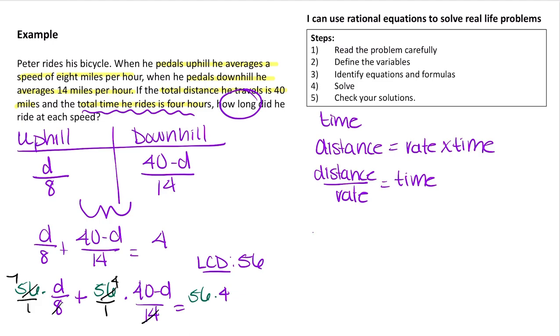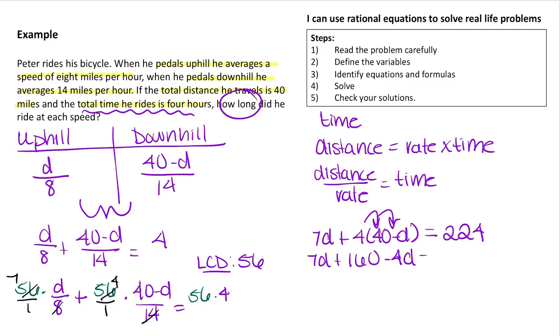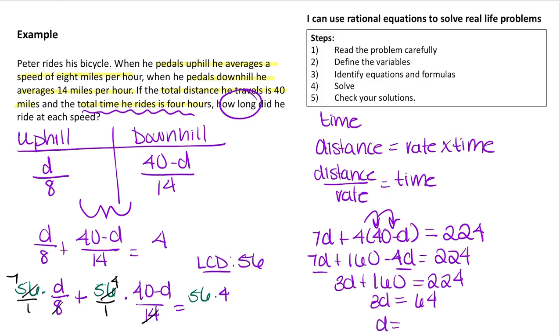Let's go ahead and rewrite that now. We have 7D plus 4 times 40 minus D is equal to 56 times 4, which is 224. I'm going to distribute this 4, and I have 7D plus 4 times 40 is 160, so 160 minus 4D, and that's equal to 224. Now it's just like a regular algebra equation. I need to combine my like terms. So I have 3D plus 160 is equal to 224. I subtract 160 from both sides, and I have 3D equals 224 minus 160, which is 64. Then I divide both sides by 3, so I have D equals 64 divided by 3, which is